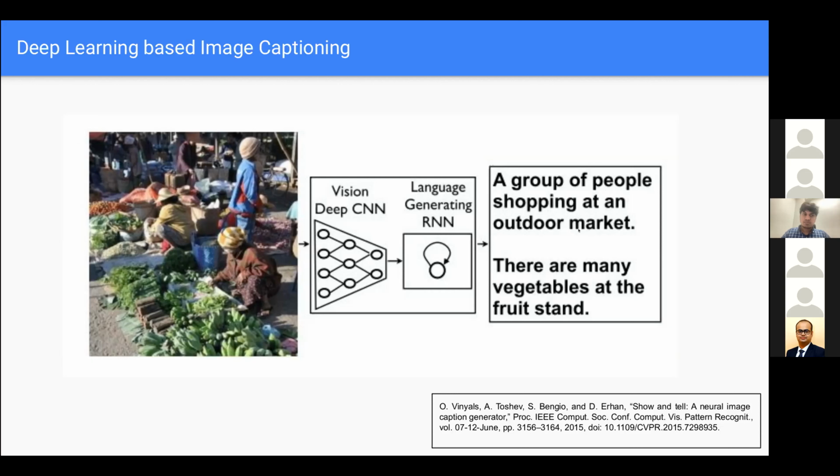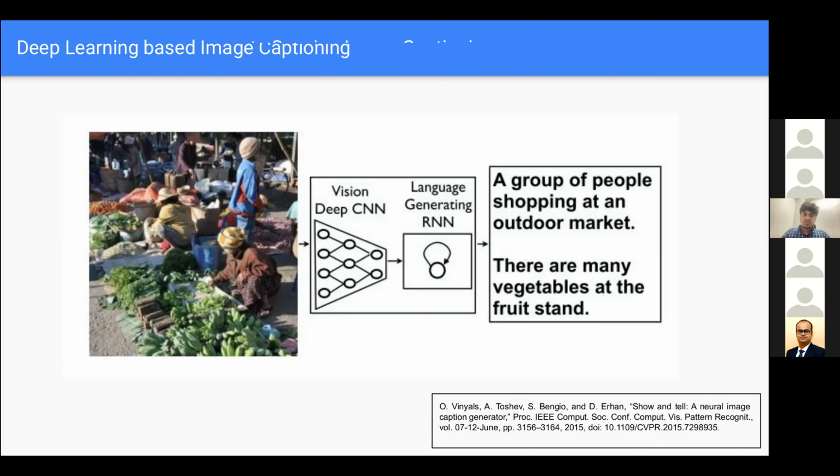One important point to note here is that although the system was effective to that extent to generate a single sentence from a 2D image, such a system would require a lot of data to be fed in, so that the neural network is able to understand the image as well as the type of sentences that it needs to generate, right? So this was one of the milestone works in the domain of image captioning using deep learning.